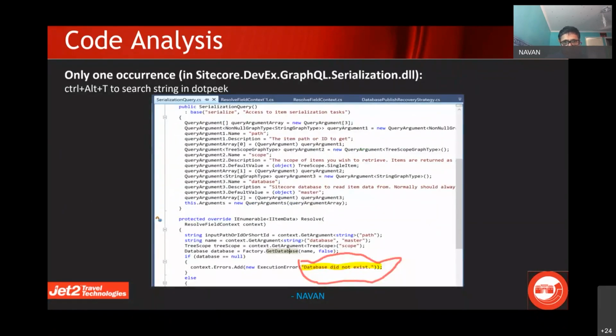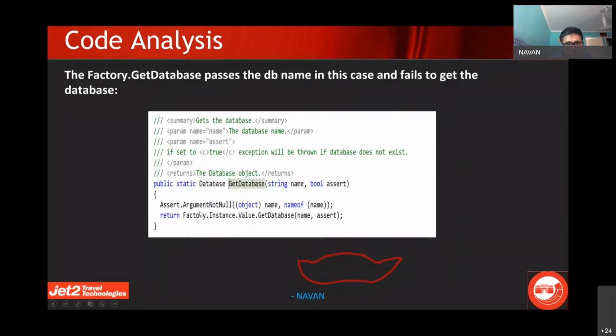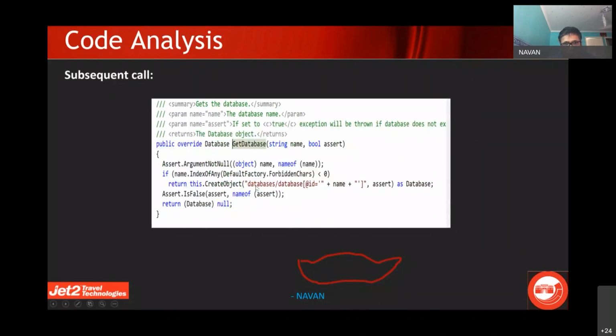Okay. So when you look at factory.get database, it tries to get the database from the back end, passing the database name that you pass. This comes from your config file, where for the serialization you have a config file.